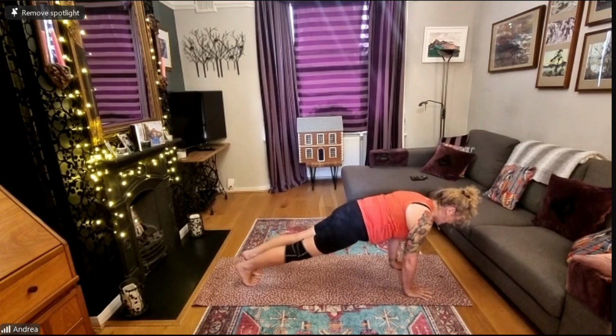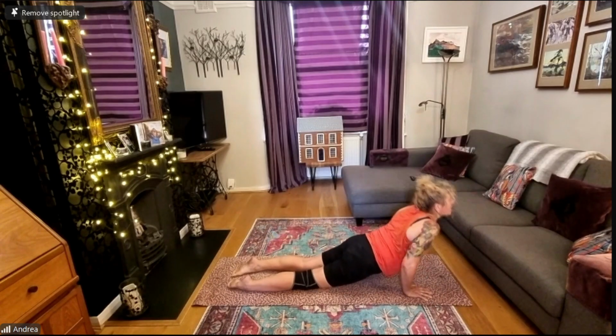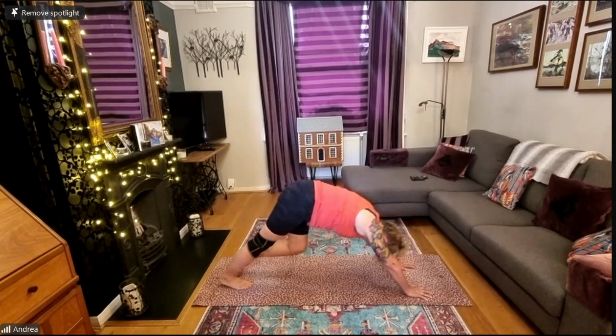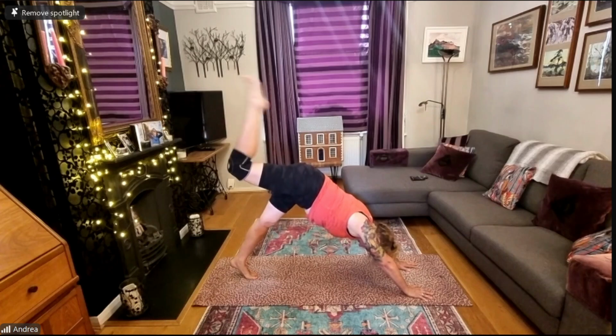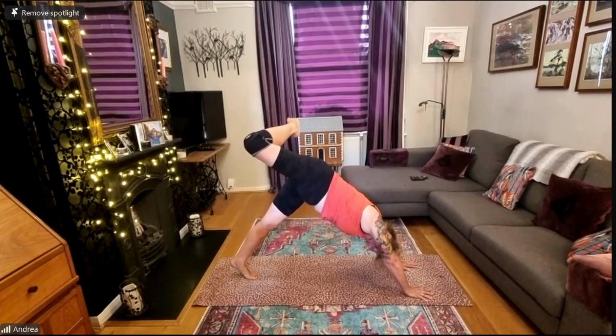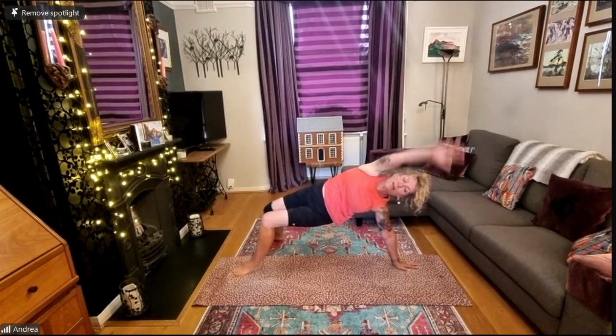Knees, chest, chin, or chaturanga. Cobra or up dog. And meeting in downward facing dog. Right leg lifts up high, three-legged dog. Bend the knee and then rotate the hip. Look underneath your right arm, holding here. And you can stay here, or you can flip the left heel to the mat, right foot behind you in